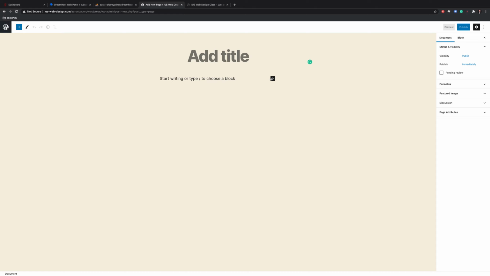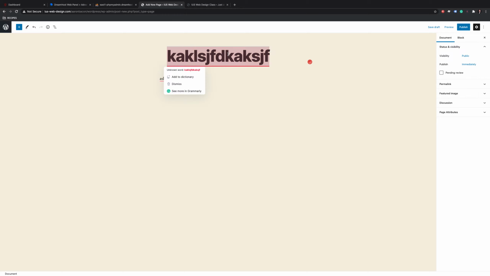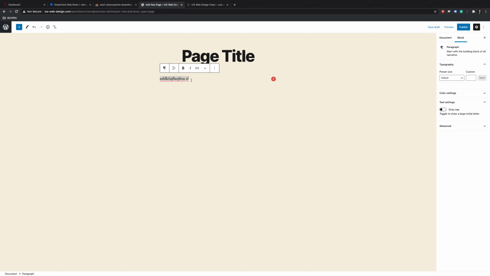The nice thing about the block editor is you can start right off the bat editing the page, including your site title or your page title, and information that you want on the page. In addition to that, you have the settings on the right, as well as additional information up here. At first glance, it looks like you don't have a lot, but as you start to use this,